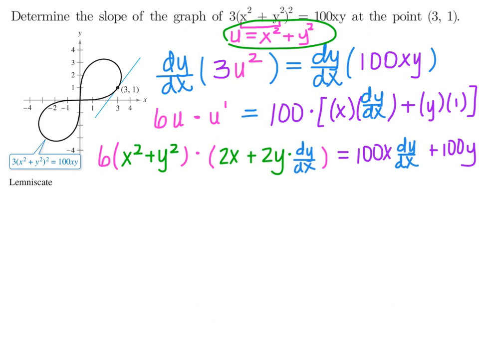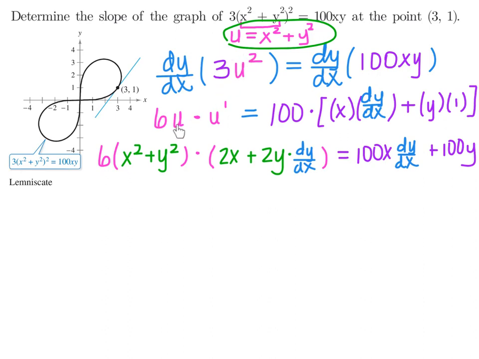the first thing that I did here is I saw that I'm probably going to want a chain rule first, because I see x squared plus y squared all to the power of 2, so I'm just going to sub that in right away with a u. So x squared plus y squared is now my u, and I will use the chain rule to apply that to this thing. So that's just going to be